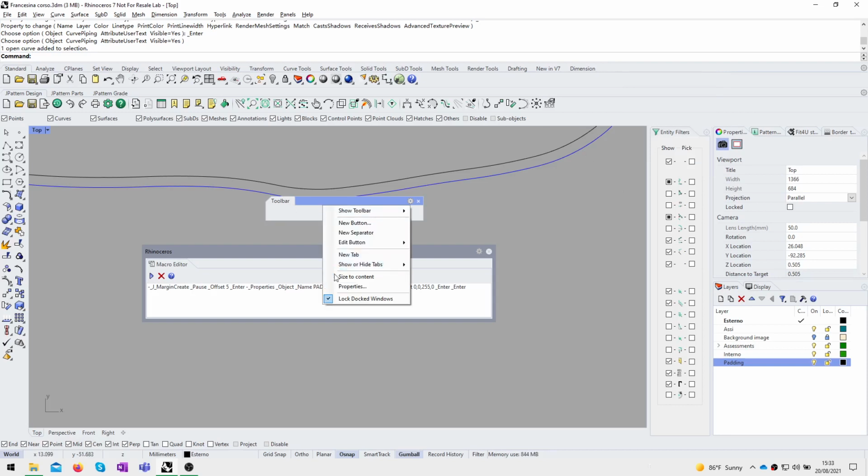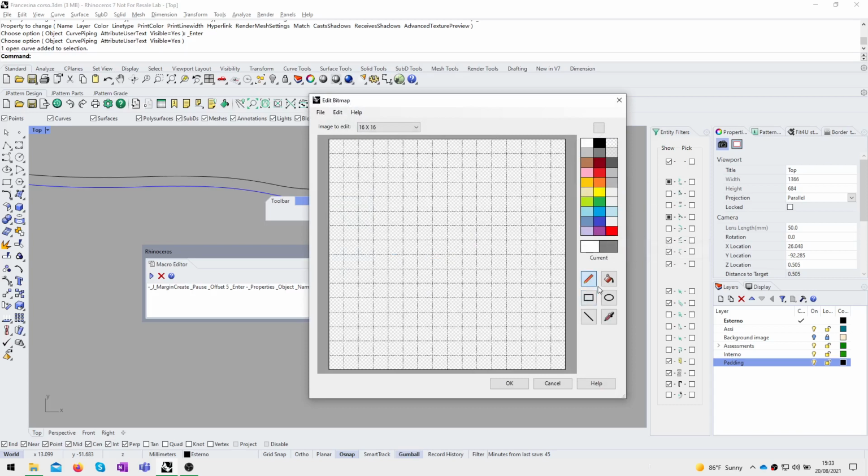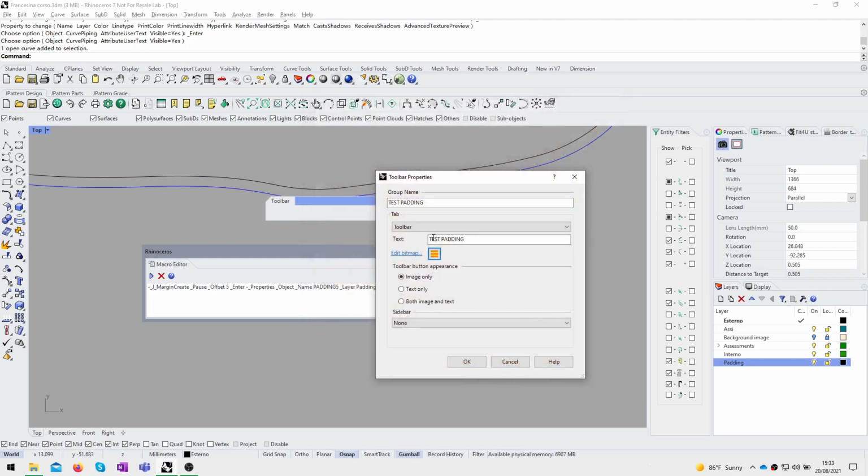So now I will run the properties and call it test padding, whatever it is, test padding, and edit the bitmap. And this is the funniest part for me. I will just run it like this. Oop, let's make them straight so they are parallel and they make sense in my icon,